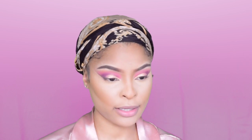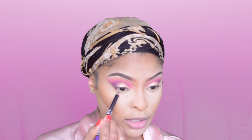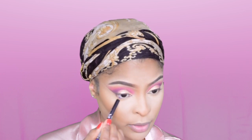Before we get to the lip, I do want to add some of this actually. So this is the NYX Suede Amethyst liner, and I'm just gonna put that on the bottom of my, I'm sorry guys,